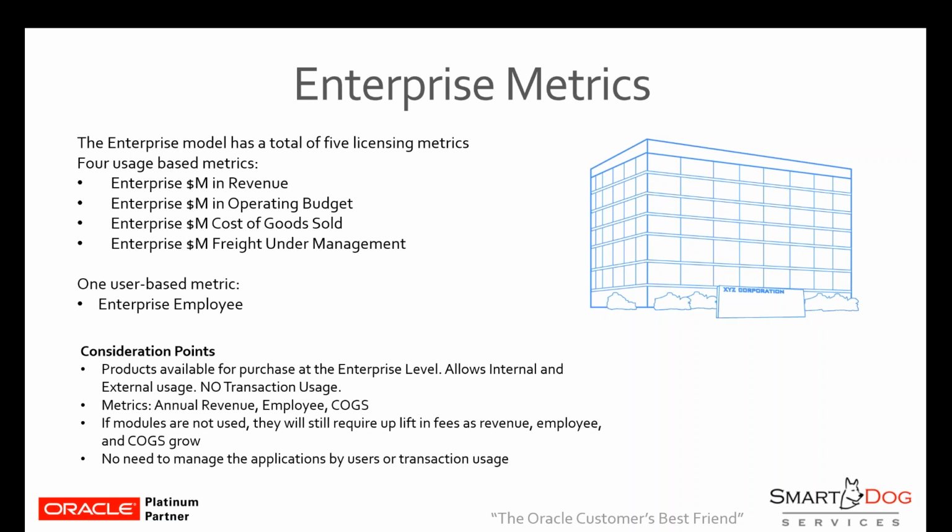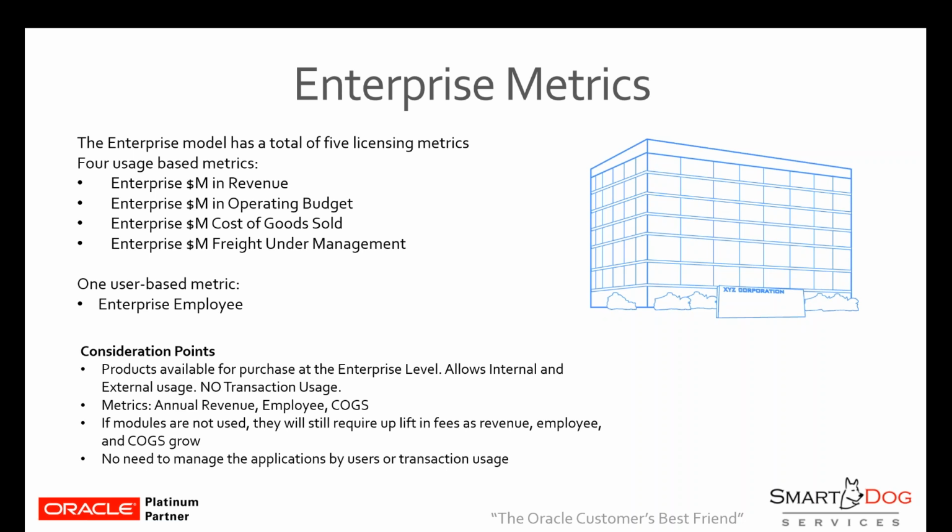Some customers might have, along the enterprise metrics line, created custom license metrics that are specific to their industry or business, et cetera, that Oracle has adapted. So it's a combination of the custom and the enterprise, and you can mix and match those types of license models as well. That was the beauty of the new license models: you can define what custom suite is for you, and then pick and choose certain modules based on a custom module, custom enterprise metric, etc. So some of the consideration points if you're on the enterprise metrics are: